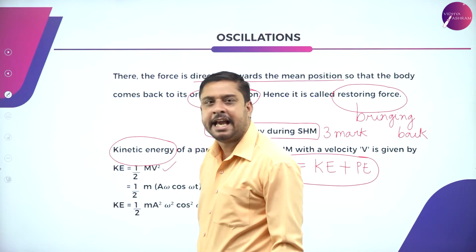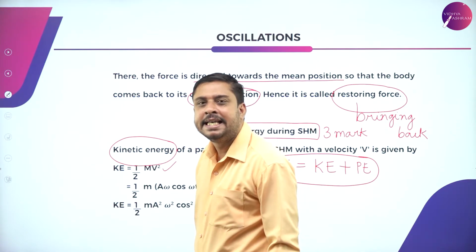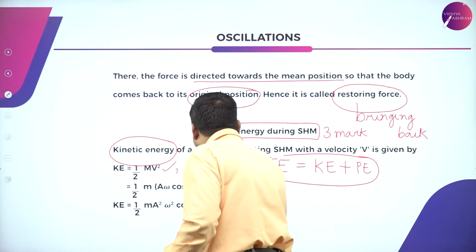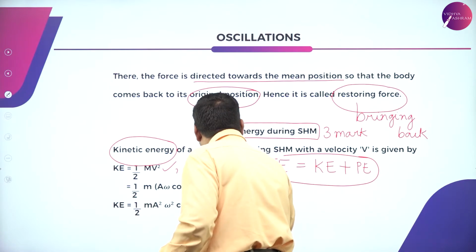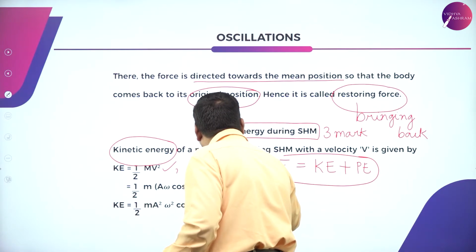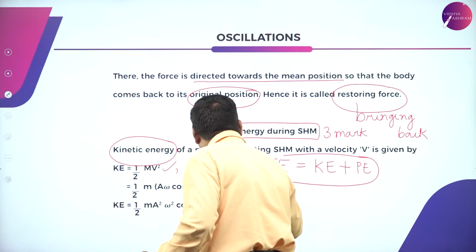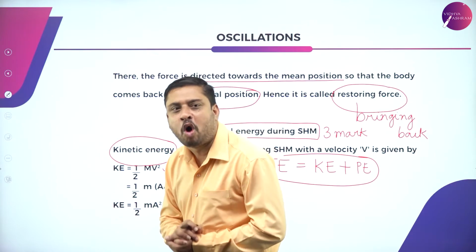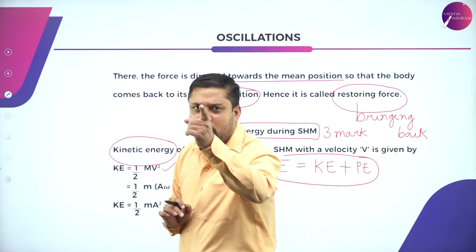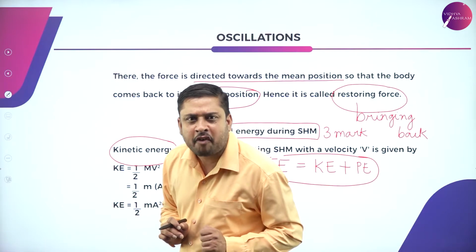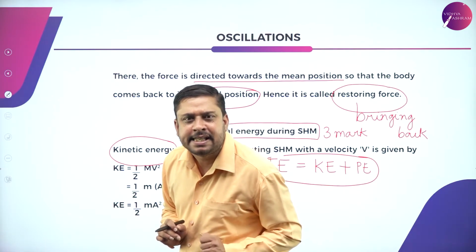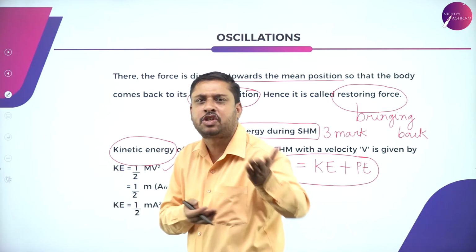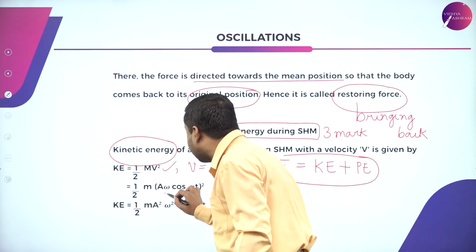Kinetic energy is half mv square, where v is the velocity of the particle executing simple harmonic motion. Do I know the velocity of the particle executing SHM? Yes, sir. We have done it in the previous session. Very good. It is